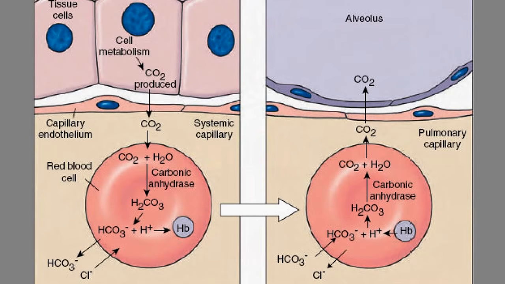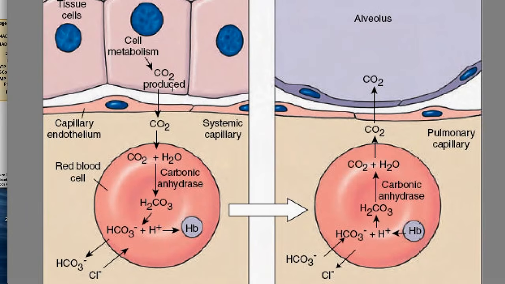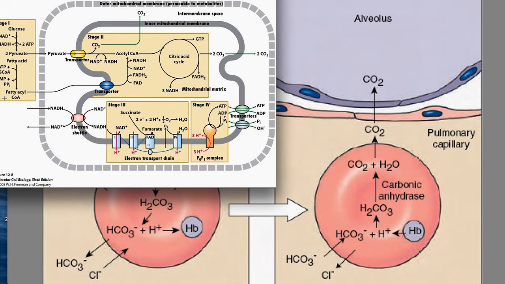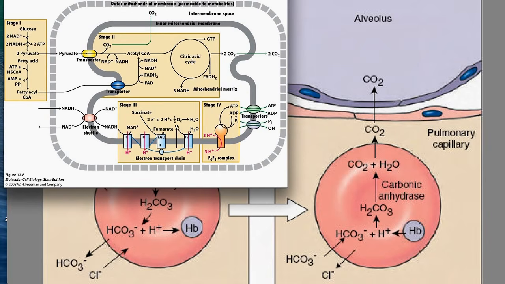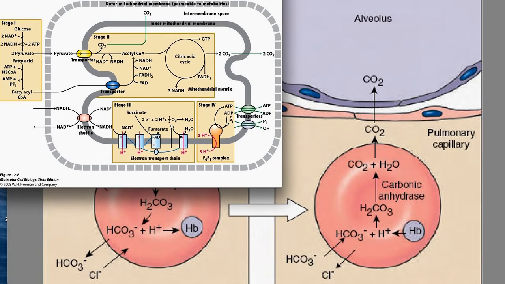And so if it's not obvious to you why CO2 is produced by cell metabolism, you may want to go and consult your textbook or find other videos talking about the cellular mechanisms of the TCA cycle, or citric acid cycle, as you see here. But basically, when we're using oxygen to make ATP, one of the major byproducts is CO2. And so active cells, which all of our cells in our body pretty much are, are going to be kicking off a lot of CO2, especially when you increase your level of activity or your metabolic rate in any way.